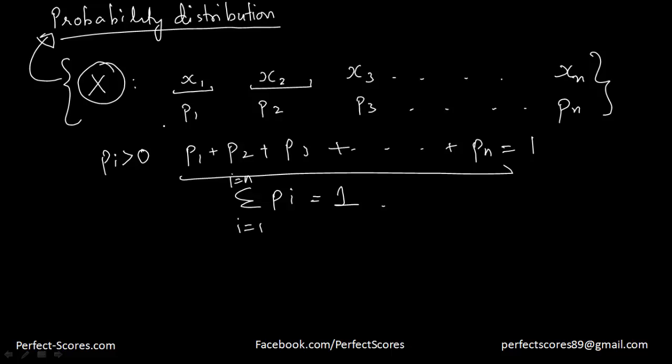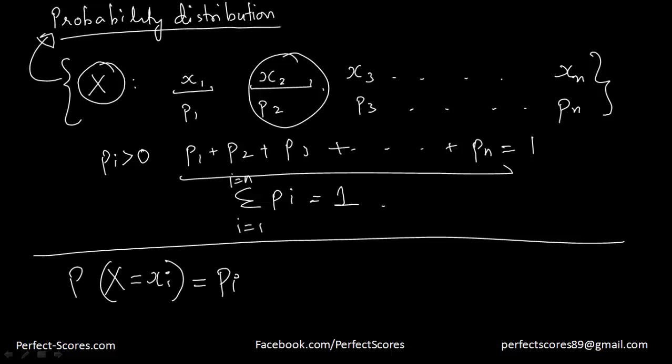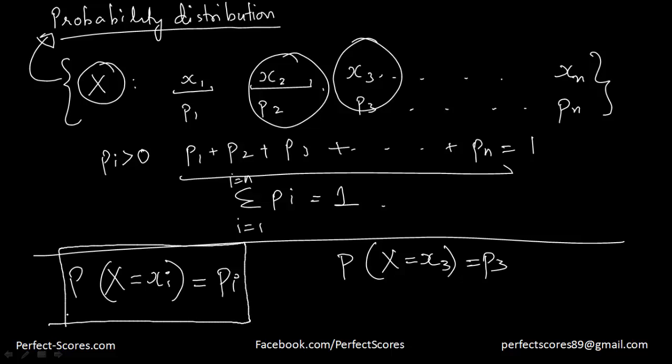So suppose you're understanding this point over here, guys. The way we denote it, let's suppose we want to individually denote this probability here, we would say the probability that the random variable x can take a value xi will be equal to pi. So the probability that the random variable x will take the value of x3 is equal to p3. So this is the general way we denote one of the individual probabilities for the probability distribution.